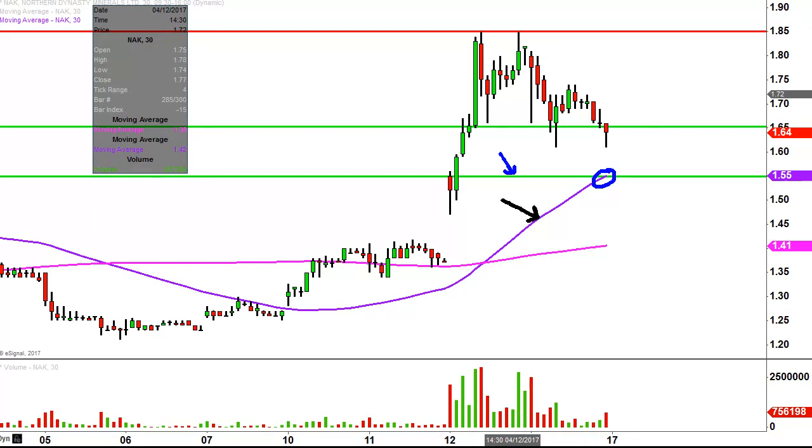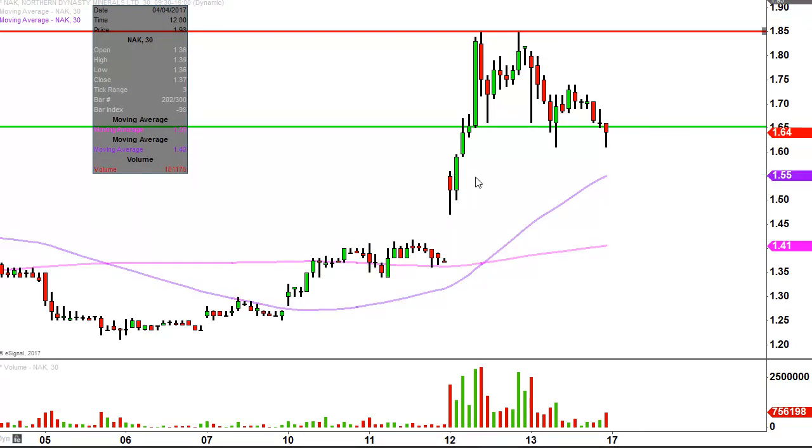So again, because that purple line's about to cross above the green line, I'm just going to get rid of that. From a presentation standpoint, I don't want to have a million lines everywhere that can cause clutter and confusion, so we'll try to keep this as clean as possible. So again, from a support standpoint, $1.65, yeah, you ideally want to see that hold, but taking a step back, looking at the big picture of things, as long as the price stays up above that purple line, bulls are in full control. In regards to levels of resistance, I do want to add in one more kind of shorter term